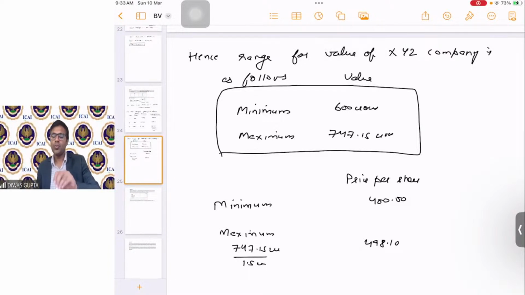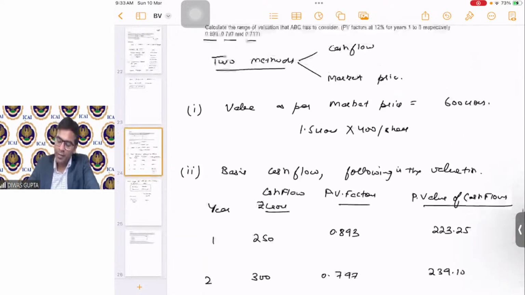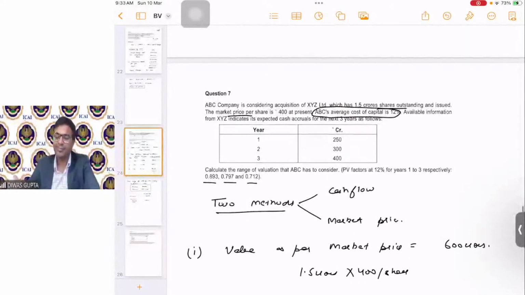Perfect. So can all of you observe some issue with this question? Is this question, or let's say the value that we have calculated, complete? Or is there something that you feel is missing? And if yes, then what is that? Without which the valuation seems incomplete. Come on, tell me, students. What do you feel? Is this value calculated appropriate?